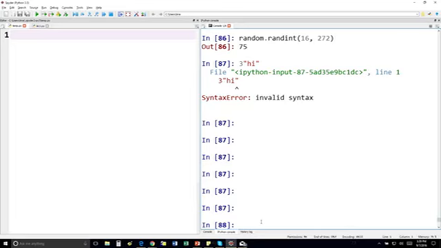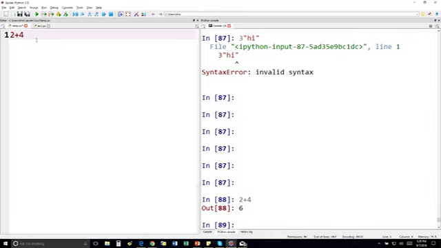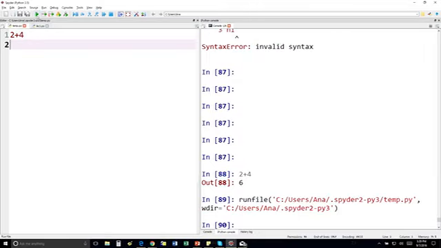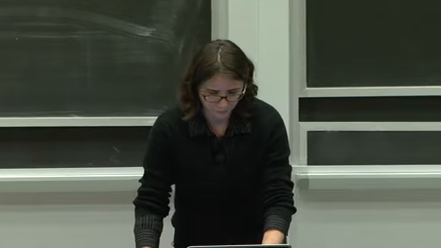Or you can type commands up in here on the left-hand side and then run your program. Typically on the right-hand side you write very simple commands, if you're testing something out. And on the left-hand side here in the editor, you write more lines and more complicated programs.